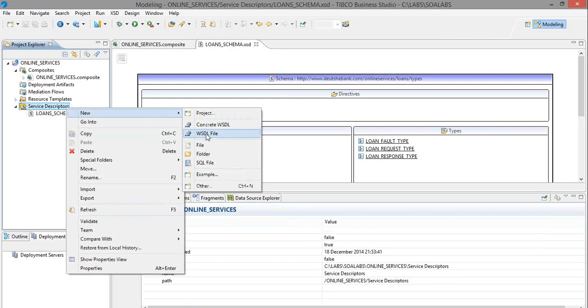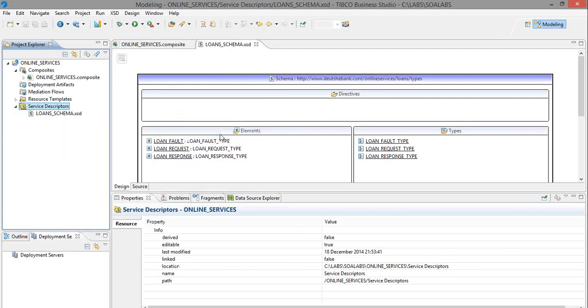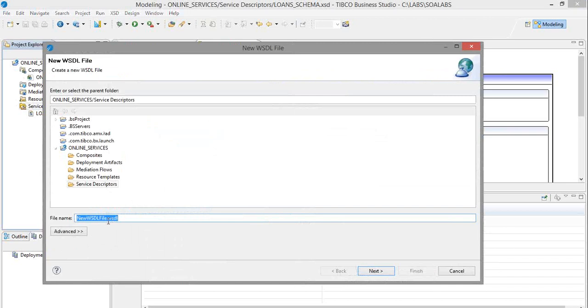So we don't require to create concrete visual, we need to create abstract visual. So go to service descriptors and select this visual. Then